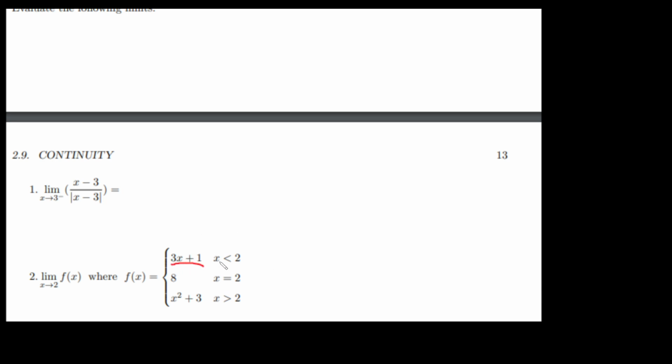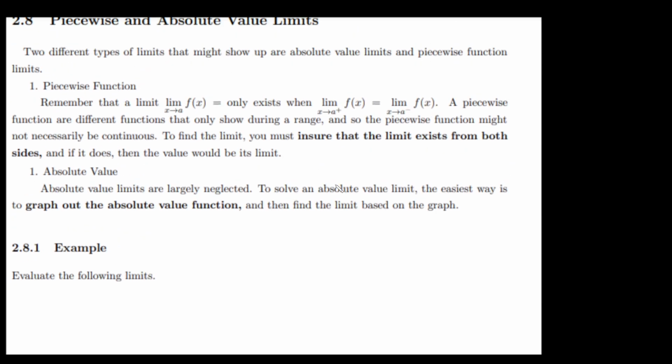It's basically this only shows up when x is less than 2. This shows up when x is equal to 2. Only shows up during a range, right? And remember, recall that a limit only exists when the limit approaches the same number. That means when it approaches a from the positive side is equal to when it approaches from the negative side, right? Now, remember that because a piecewise function, different functions only shows up during a range, they might not necessarily